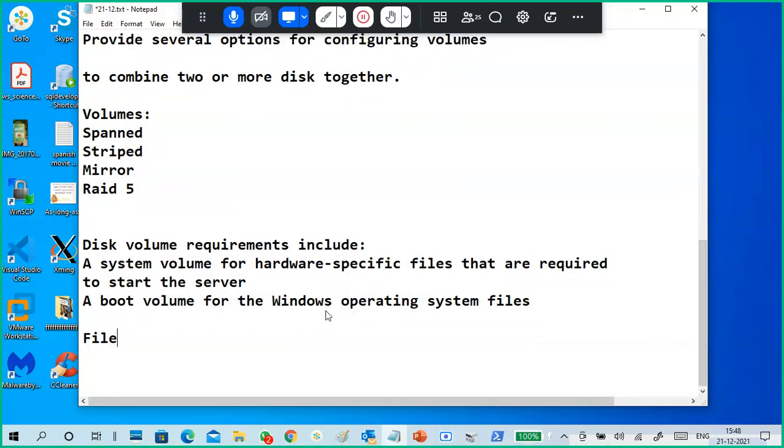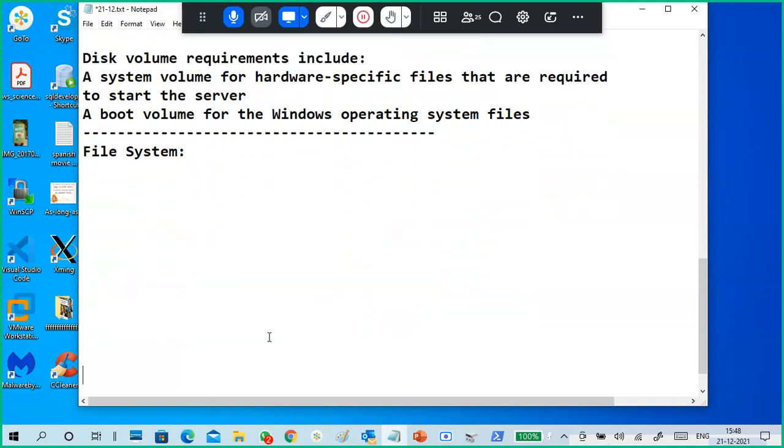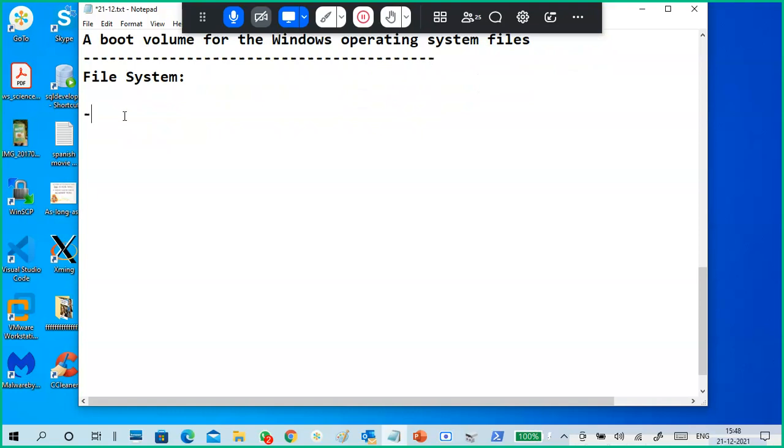File system. Whenever you want to store data, on a disk or anywhere, you have to specify a file system. What is it?